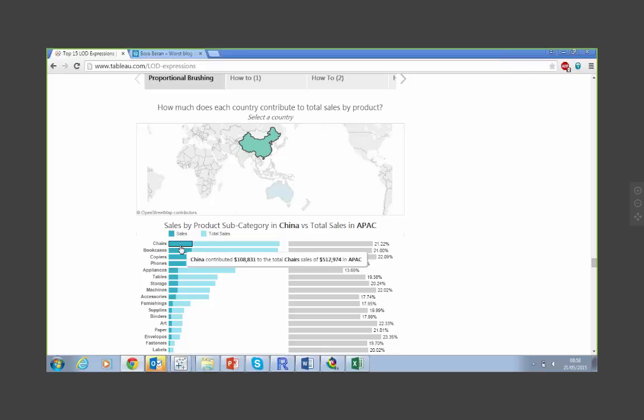So what this is showing you here is China's sales relative to total sales in Asia. This is using the concept that Bora was just mentioning, where you can manipulate the order of filtering versus LOD expressions happening. If that interests you, Bora's blog goes into the technical details, and this will go into how you replicate this scenario.